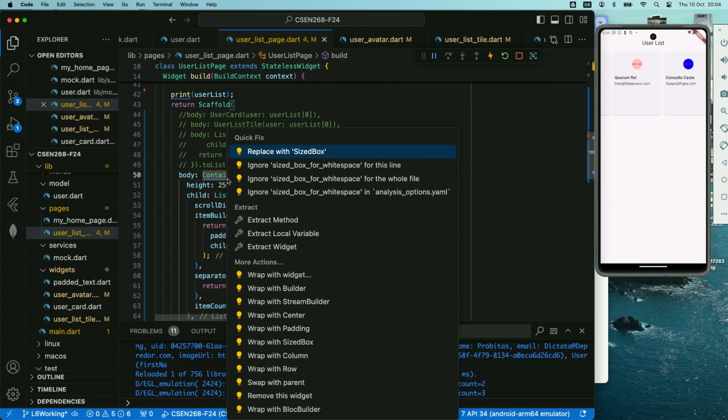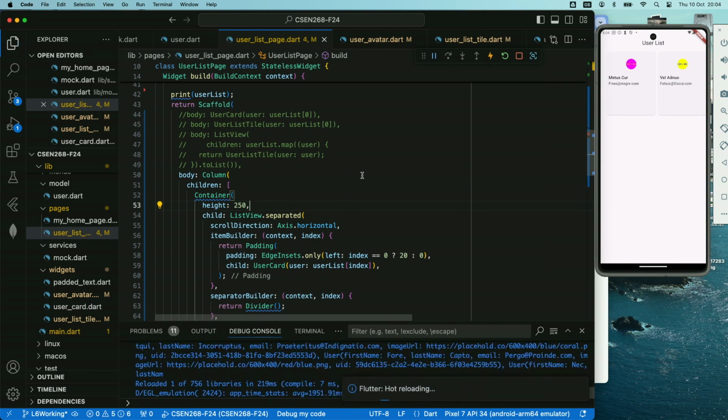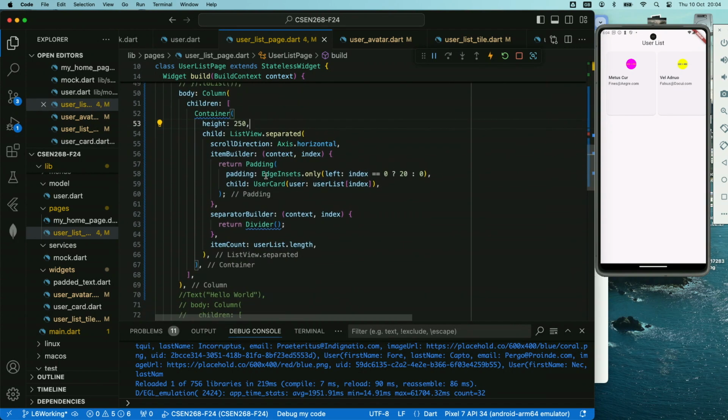I'm going to wrap the container with a column so I can add more children to it. So wrap with column, and immediately it doesn't change anything. It says one child, but I want to add